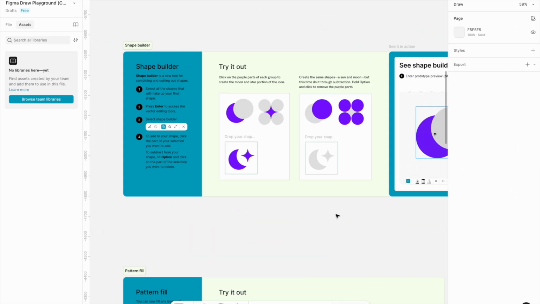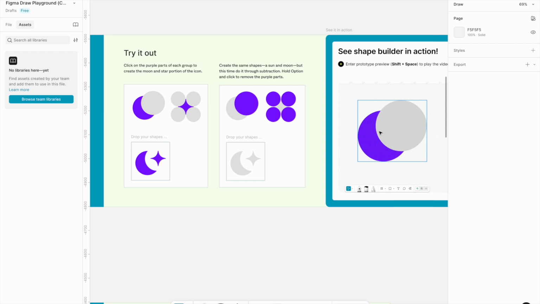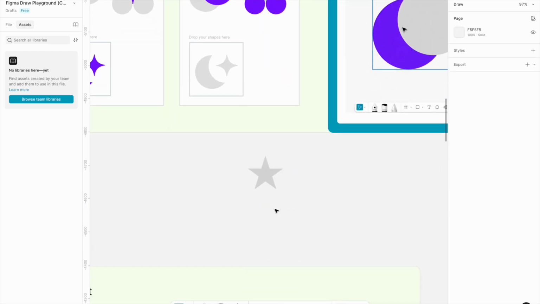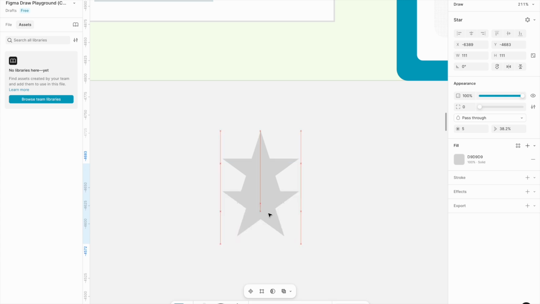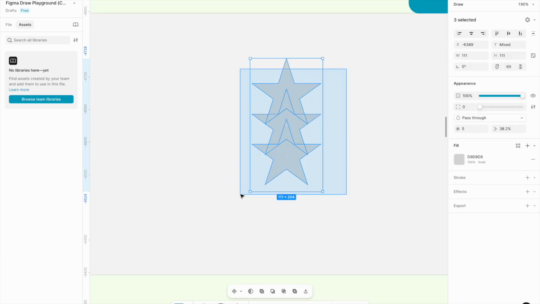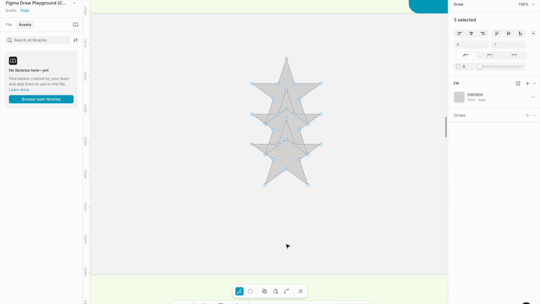So the next tool we will explore about is Shape Builder tool. Let's take an example. We'll take a combination of stars. And select all the stars. Press enter. You can see the Shape Builder tool over here.